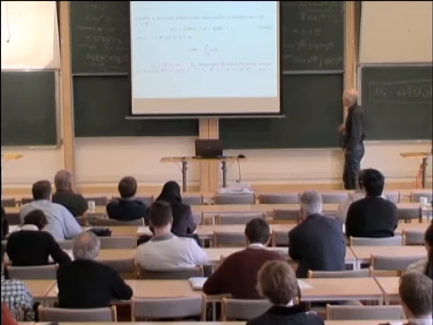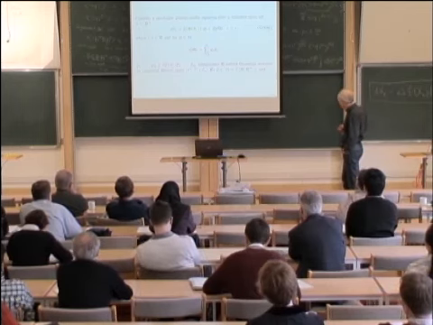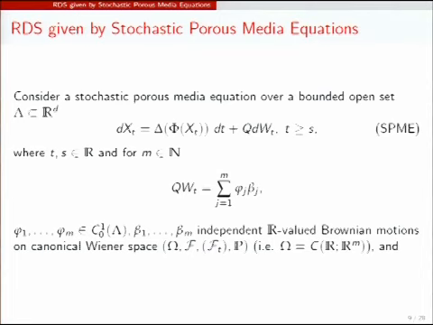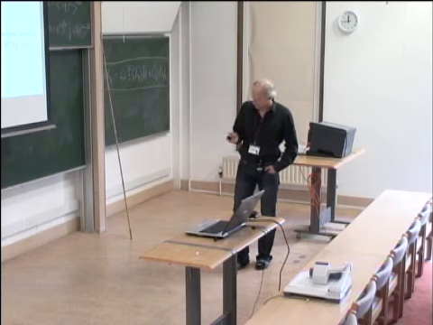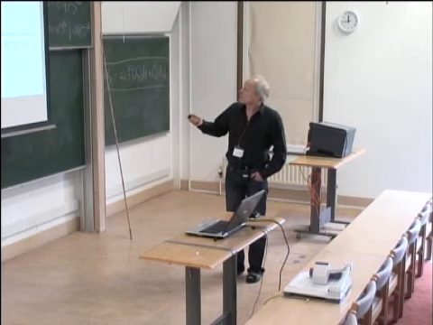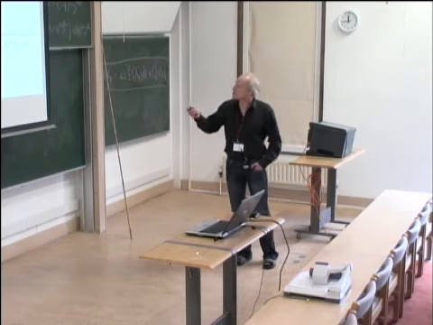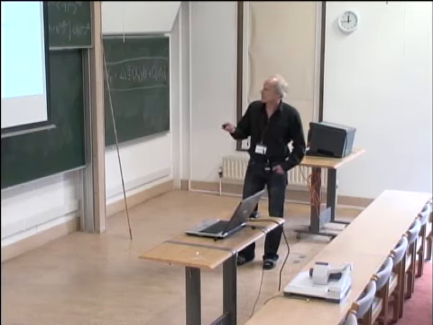So they're independent Brownian motions, and there are some functions. You can assume that these are in H1, H10. It doesn't have to be C1. It's just for simplicity. Okay, and we look at the canonical Wiener space. So, but please, of course, path defined for all times. Okay, so I abbreviate this SPME, so that's a stochastic porous media equation.